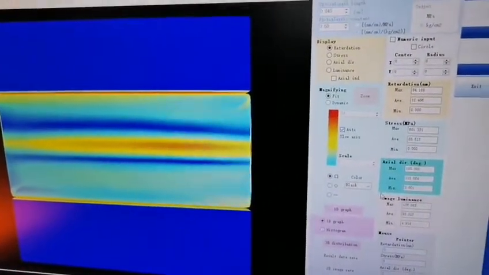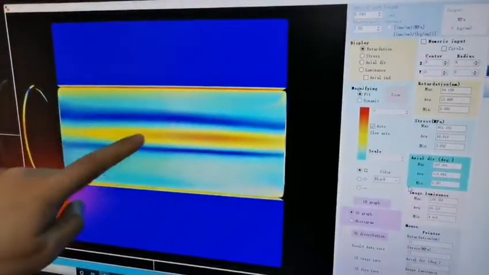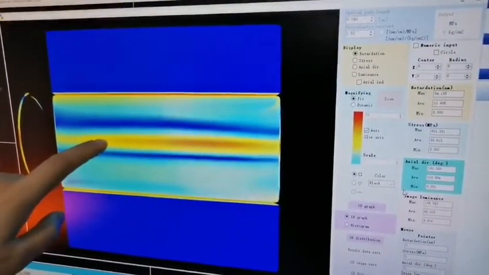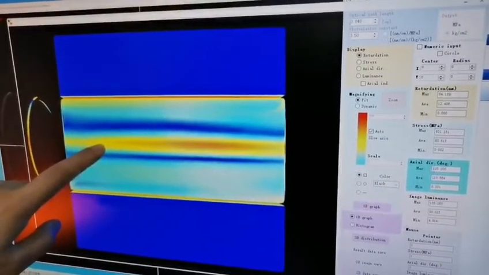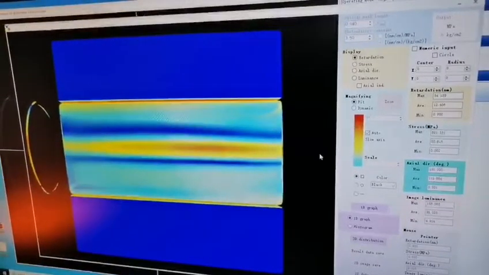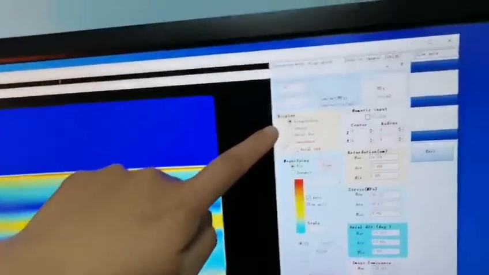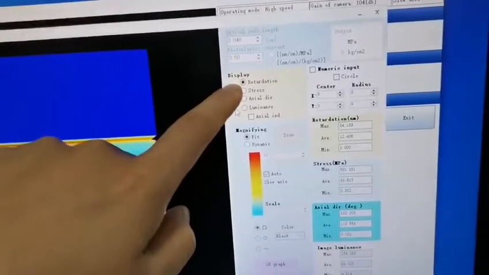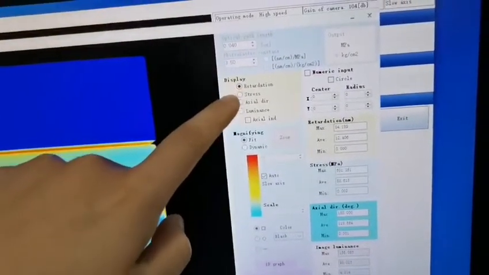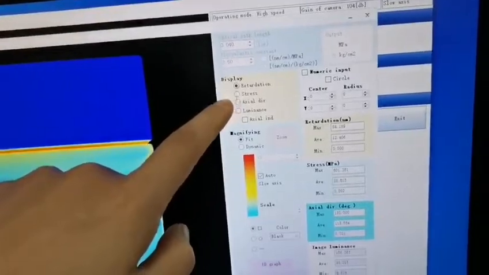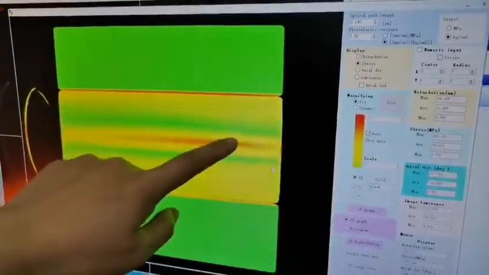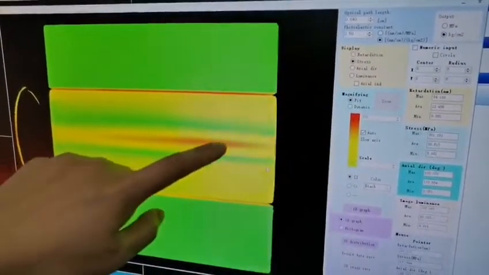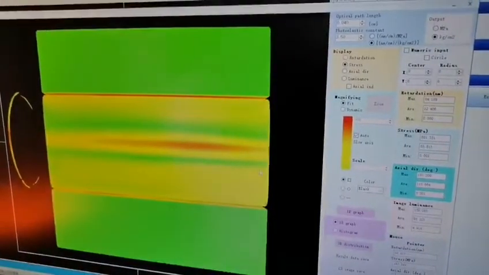Now we can see in the center area, this yellow area has the largest stress. In this area, we can choose to display retardation value, stress value. Let's switch to stress value. We can see in this yellow area, yellow to orange area had the largest stress. For this sample,